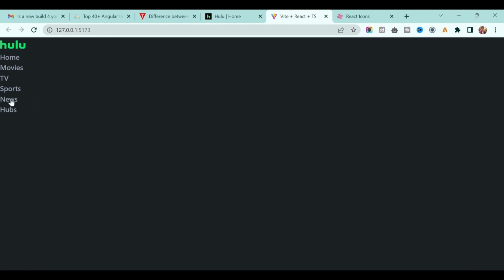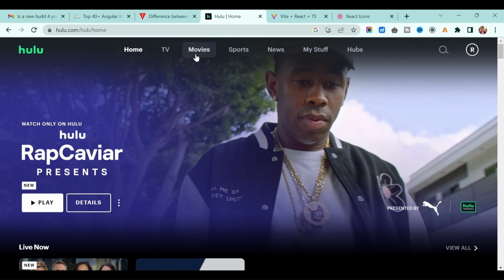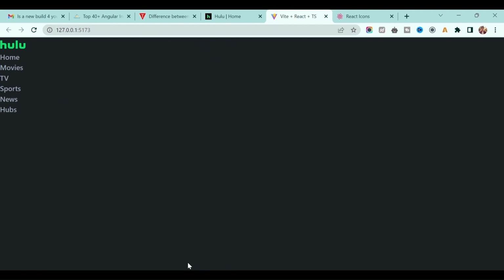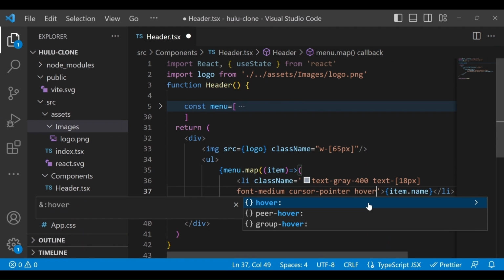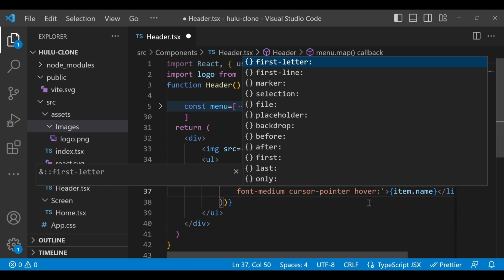And if you see, it's showing like this. Now if you go back here, you will see the animation, the background effect changing on hover, and a lot of things. So let's implement that one. What we want is, on hover, to change the background, and to change the text color as well. So we have to write it like this, hover. Whatever property you want to change, we add it.